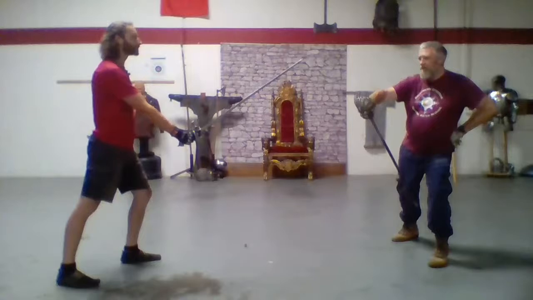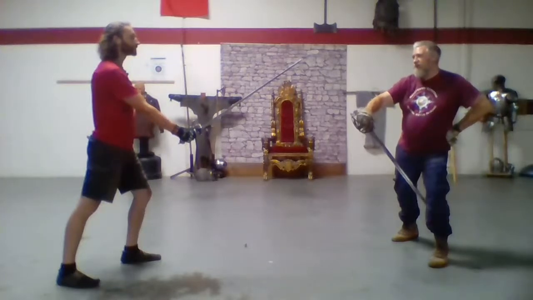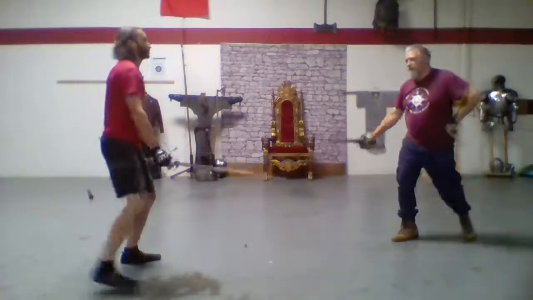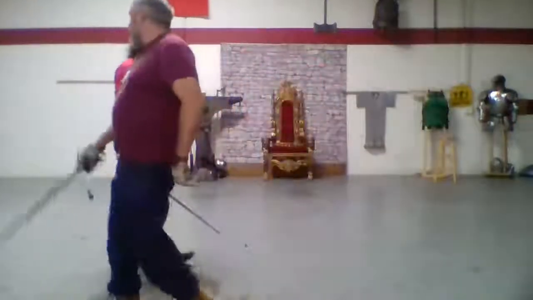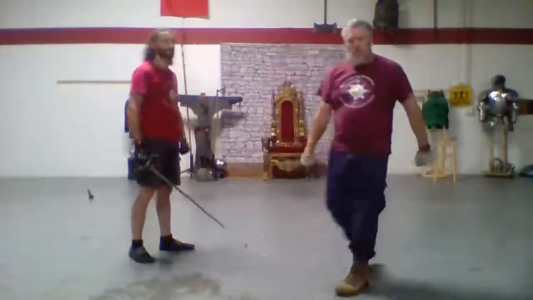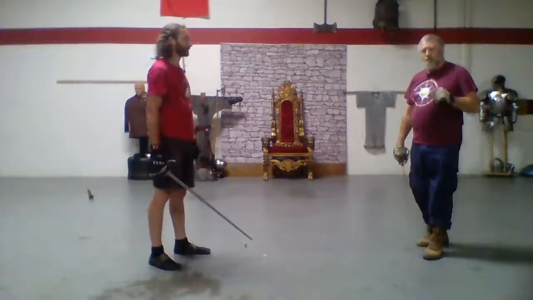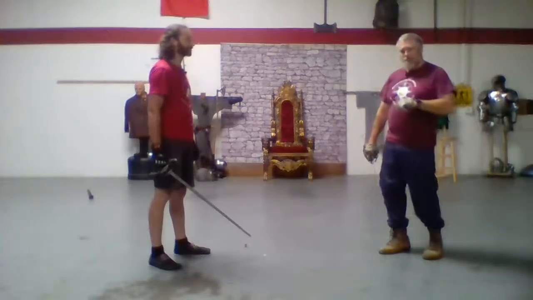So we're here. Now, he's out of my distance for that action. He thinks. Let's go back and do that again. And I can take his wrist. Because he's in an outside guard, he left an exposed target. So let's do that